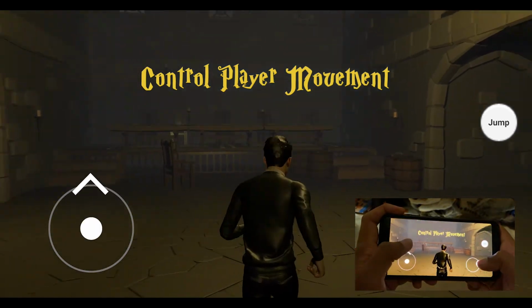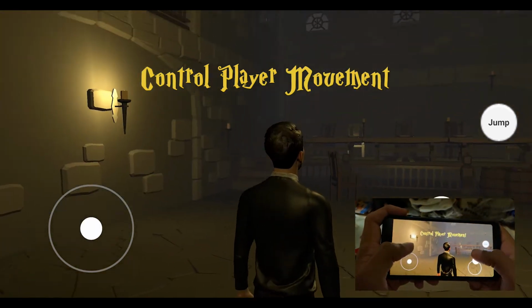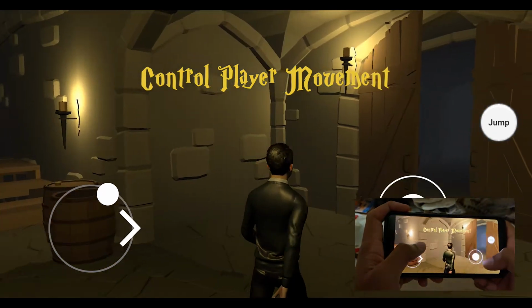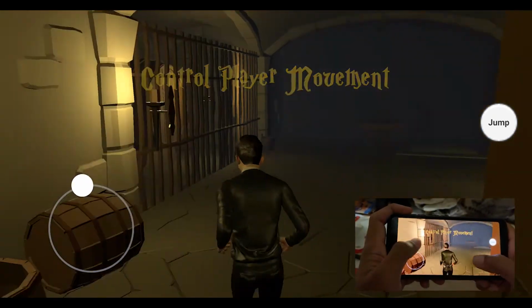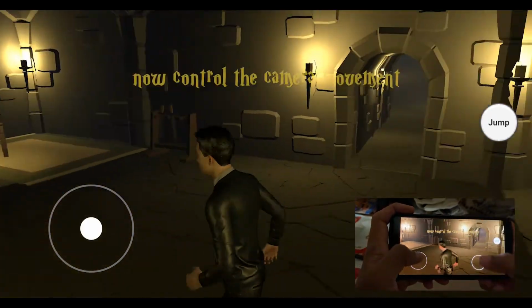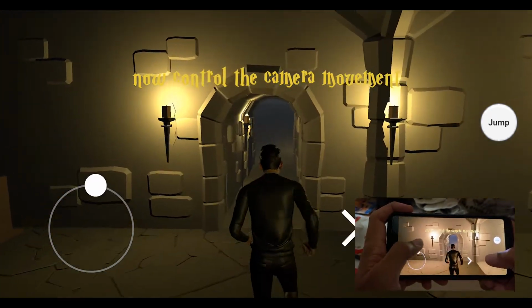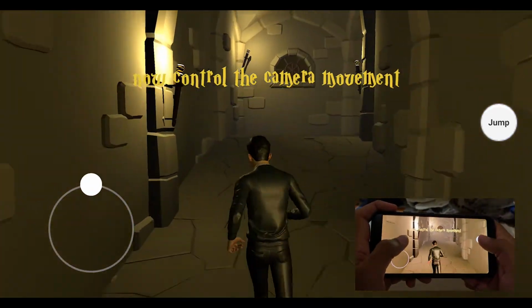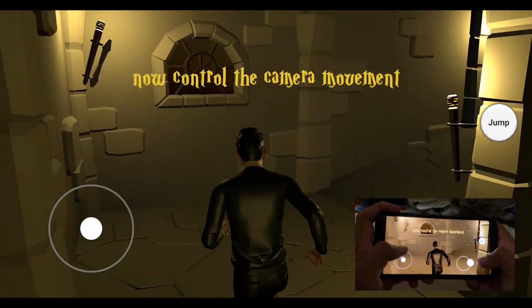The whole environment is made to look like a dungeon in the basement with scanty lighting. The small jump button on the right hand side makes the player jump. He will pretty much find his way out of the dungeon and get teleported to the first level. This is him moving across the maze and that was him jumping.